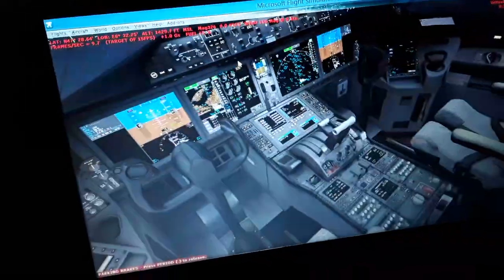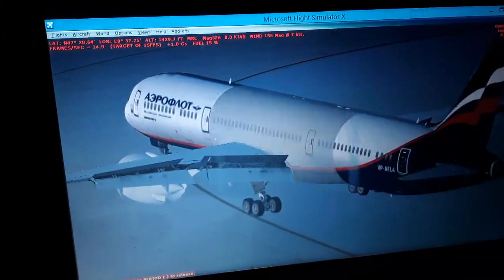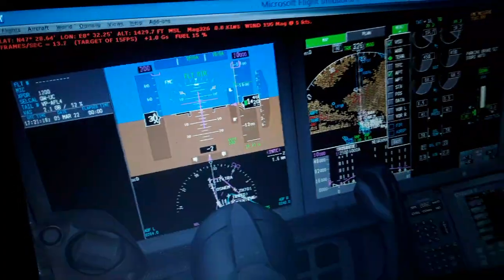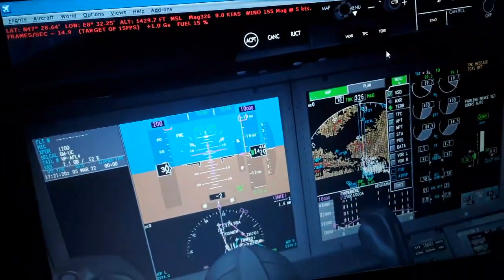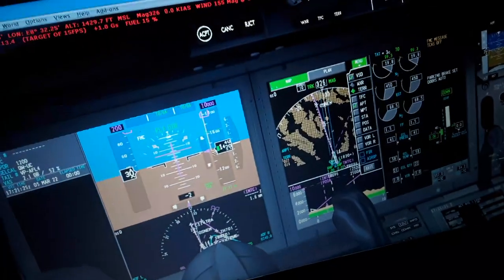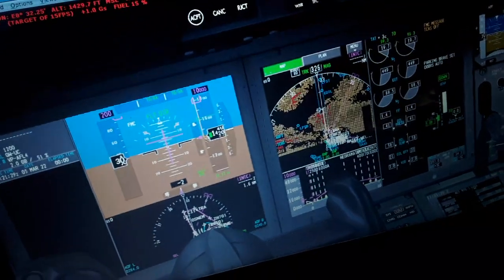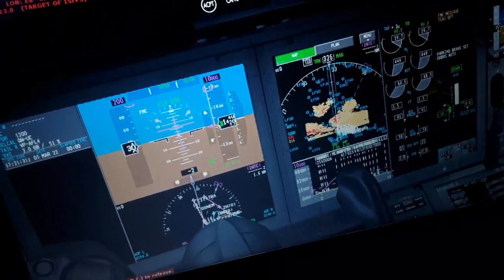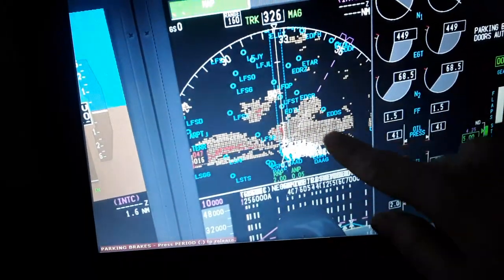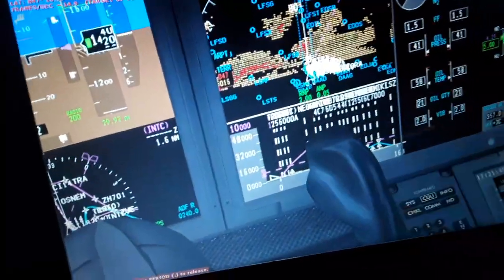As you can see, we have now the display of the navigation display. So over here, you will see the flight plan we have created. The airspeed is indicated. You will see the purple line here. When we're flying, we'll see how far away we're going to be. You can see the terrain map also. Here is Germany, here is France, here is Switzerland. Below here is Italy. So we're going to be flying here at the cruise altitude